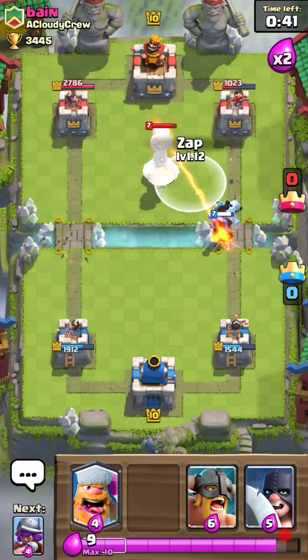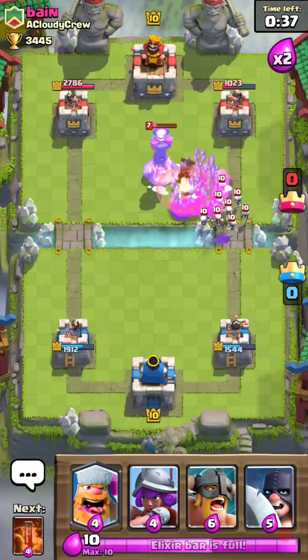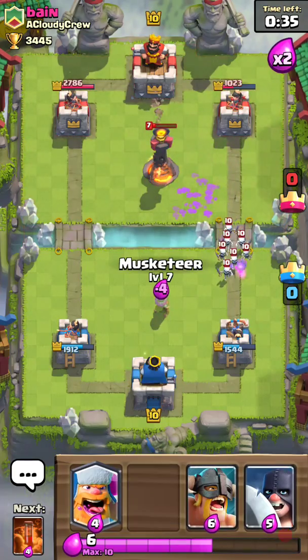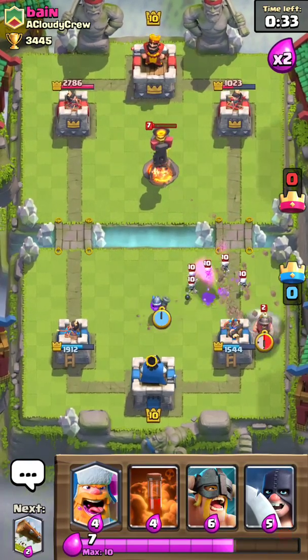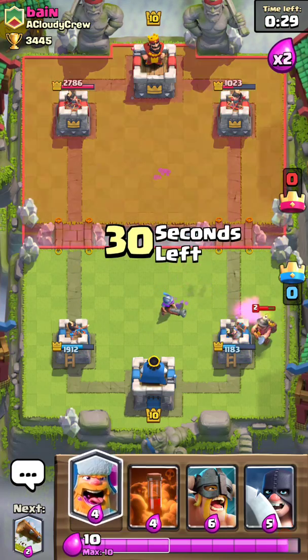Pressure him into... I'm going to zap this. I don't know what he's doing with that skeleton army. I mean, he didn't even need that. Now he's trying to counter push with it. See, this isn't a very good zap...